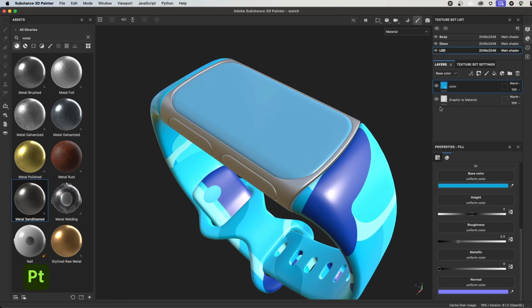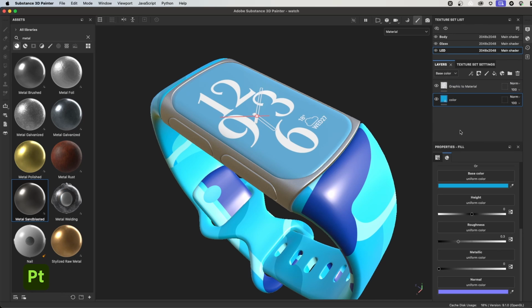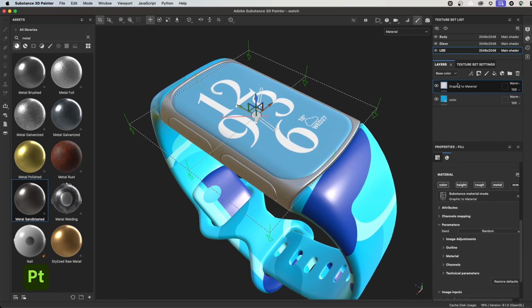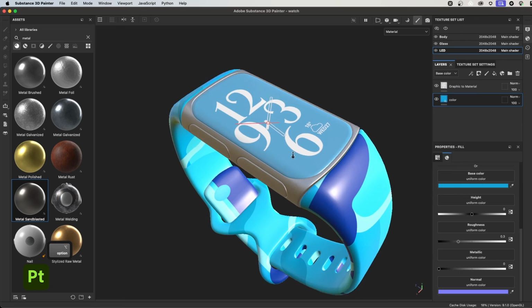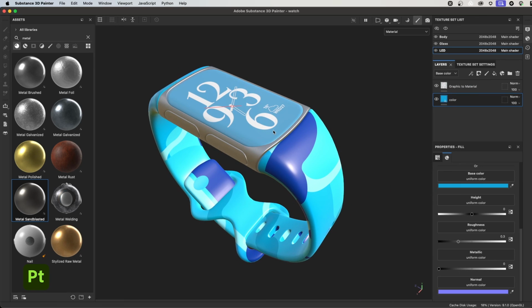Just like in Photoshop, layers are processed from the bottom up, so all I need to do is just reorder this. With the layer selected, I can left-click, drag and drop that fill layer below the graphic to material, and now I have my watch face with my blue color underneath, and I'm ready to send this 3D model into